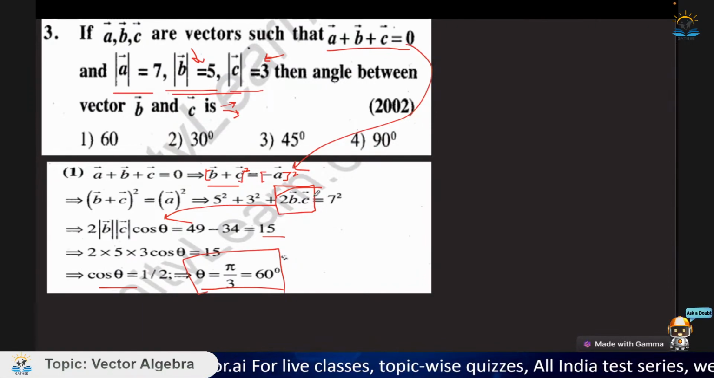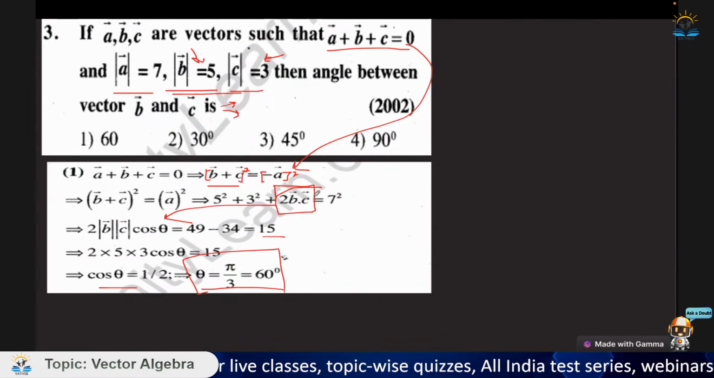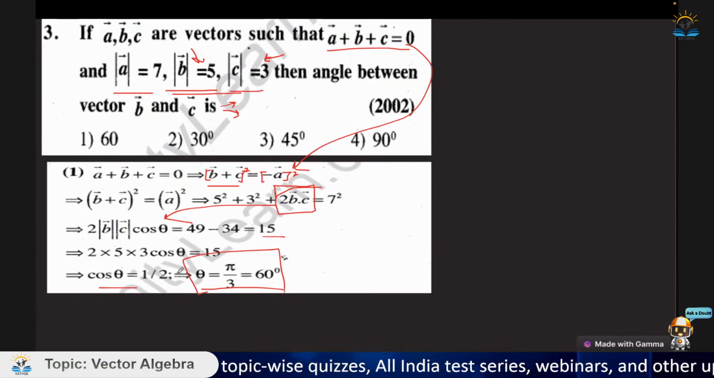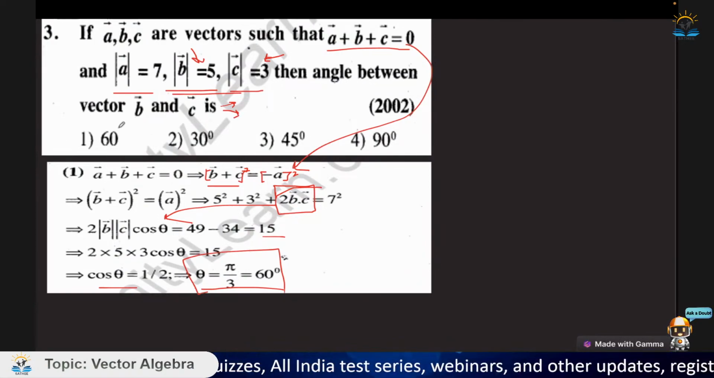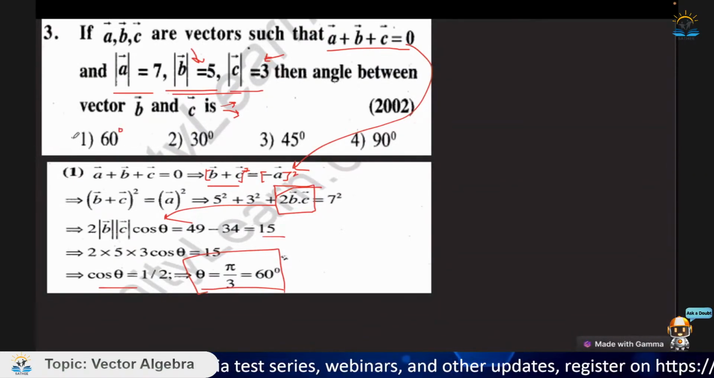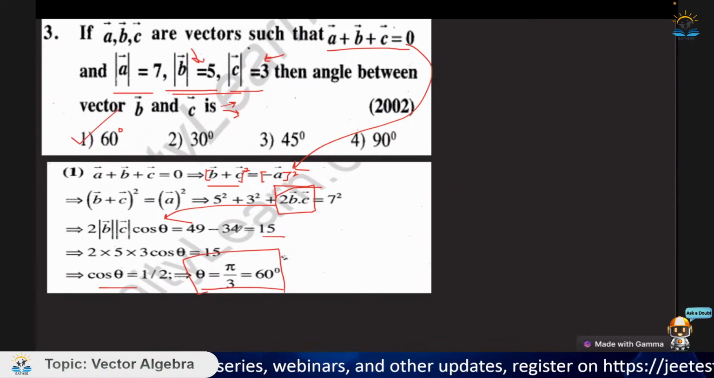सो ये question आया था 2002 में। सो इसका final answer है cos theta is equal to 1/2 which is 60 degree. सो 60 degree, ओके, degree is missing here, so this is 60 degree। तो लेट्स से अगर radians में भी पूछ सकते,